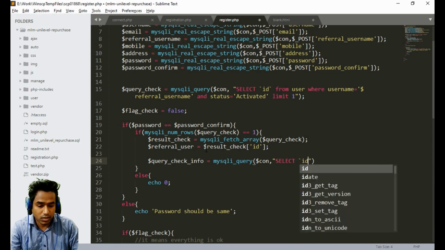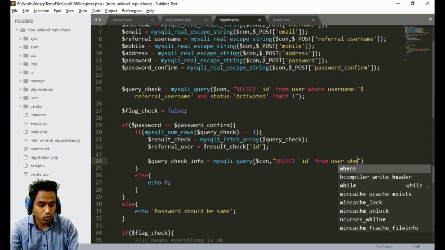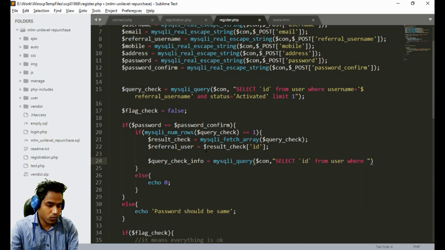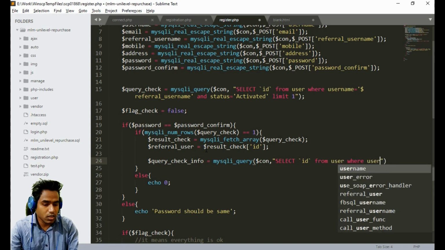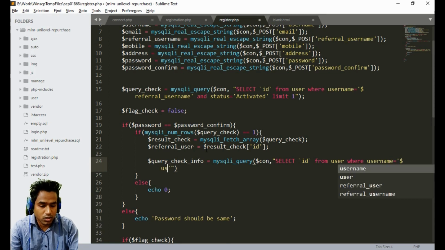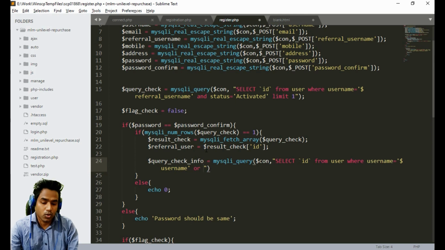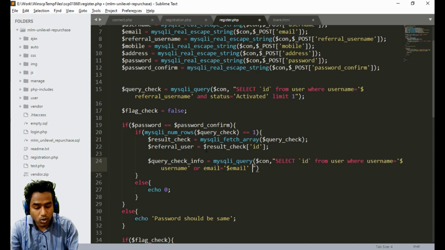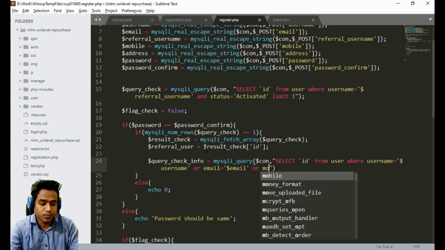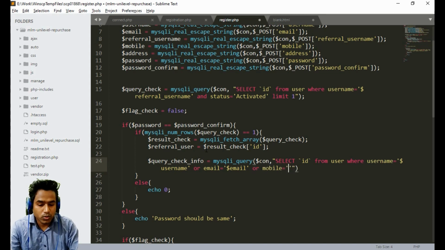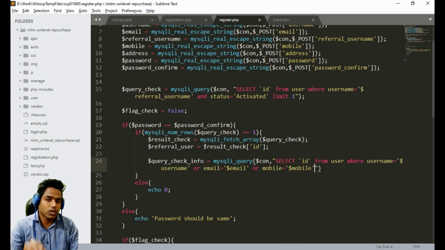You can select ID from user where username equals username, or email equals email, or mobile equals mobile. So one piece of information can be inserted only once by a user.